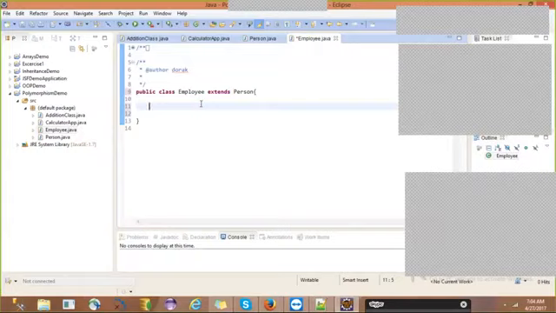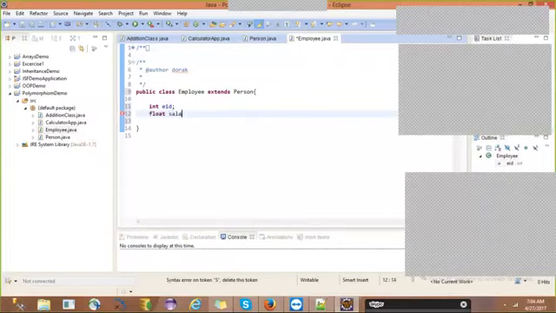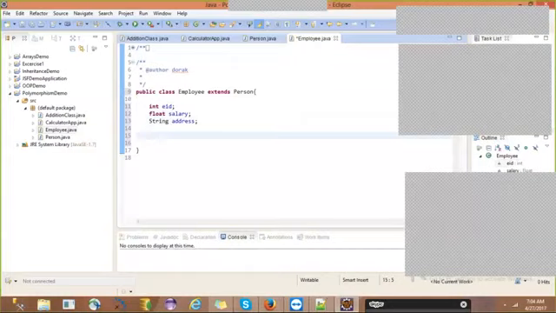Like int EID, float salary, and string address we can have. Now here, what are the methods we need to write, guys? List out.